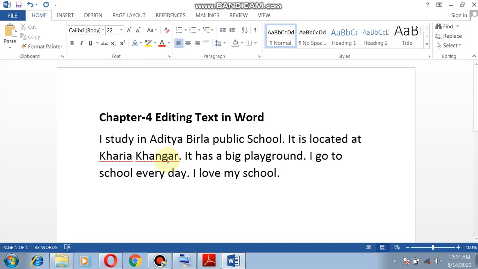Okay, if you have written it somewhere and you want to make a change, it is sometimes not possible to make a change in the handwritten thing, but it is always possible to make changes in the typed text. Okay, now